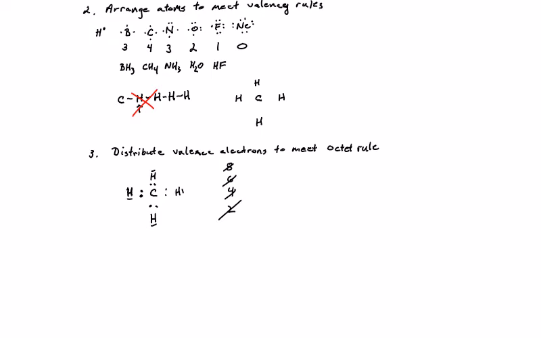So this hydrogen right here sees both the electron that it brings to the table as well as the electron that it's sharing with carbon. Carbon, on the other hand, is going to be seeing 2 electrons plus 2 plus 2 plus 2, a total of 8 electrons, meaning that carbon has its octet, hydrogen has its duet,